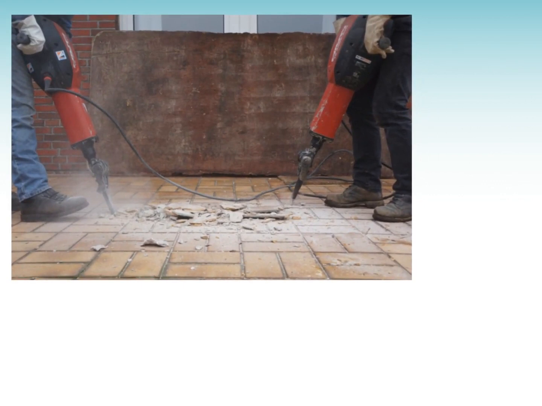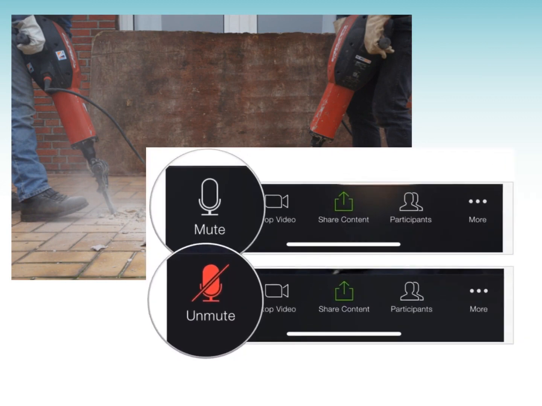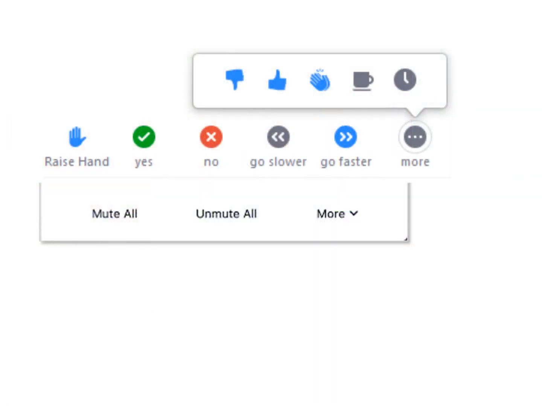If a participant is causing distracting background noise, the producer should mute the participant to eliminate the distraction. Participants can be muted individually or all at once by using the Mute All button in the Participants panel. Please note, if you mute all, remember to unmute the program leaders so they can continue the session.